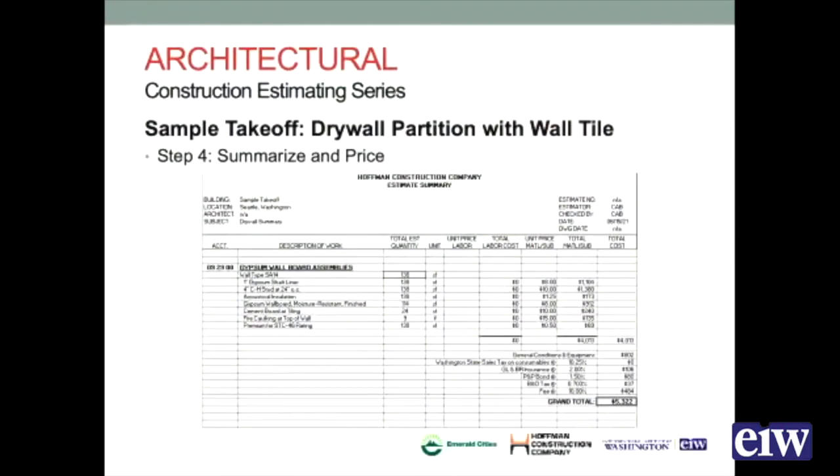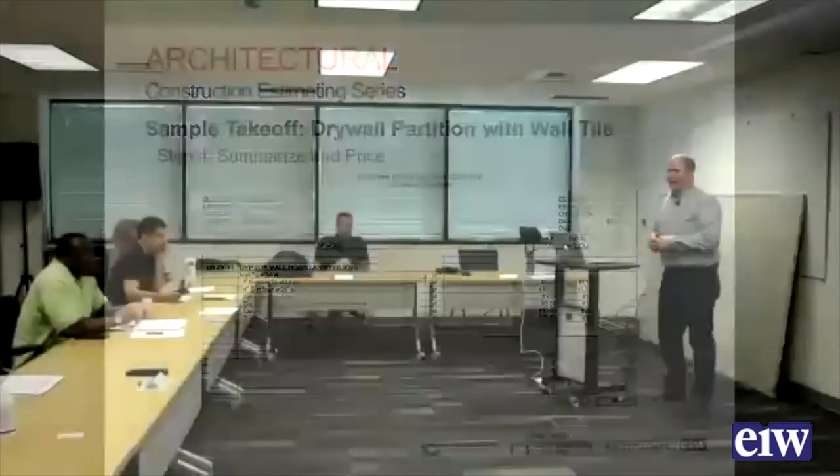So we'll take those numbers, we'll summarize them up. The way that I like to summarize these things, since we've got basically one number there, is I'll usually put the wall type and put that area of wall up there, and then add in all my detail for my assembly there, and just pull off that same cell in Excel. If you're not using Excel, if you're using an estimating system, you'll use whatever works for you. This is just something that I've developed when I'm using Excel to make things go a little bit faster,